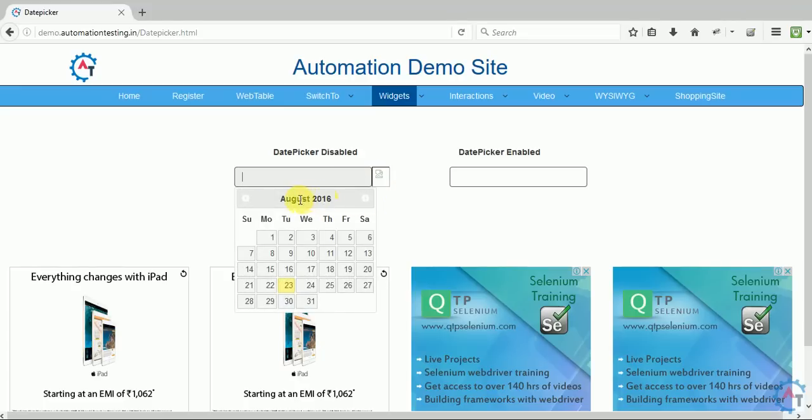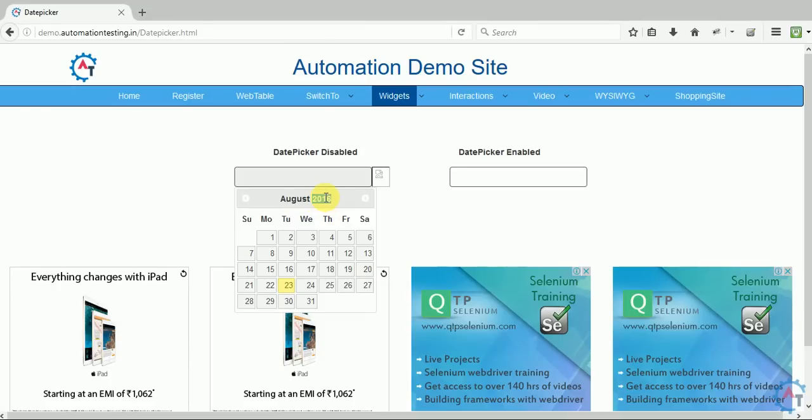You have to select, presently August 2016 and 23. You can select 24, otherwise you have to click this. Go to September, you can find something. Okay, how to handle this one in a normal way of coding? If this is the case, you have to find first in which month and which year we are in. August 2016 we are in. I want to select August 2017. So to handle that kind of situation, you have to find this first and you have to compare this information with your August 2017.